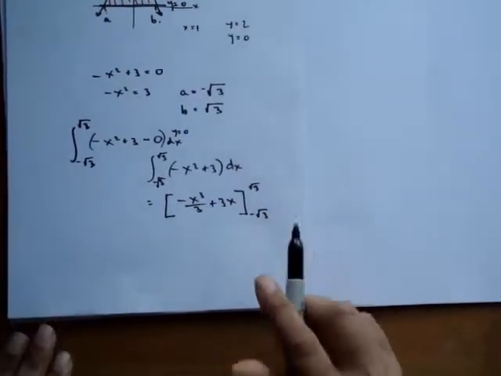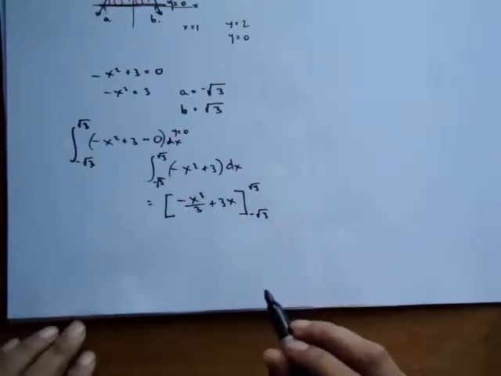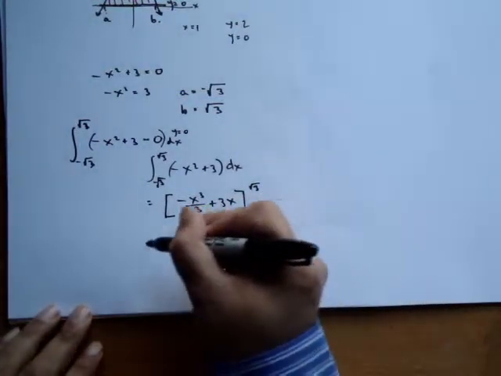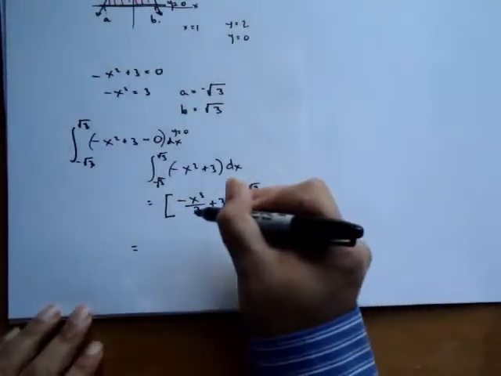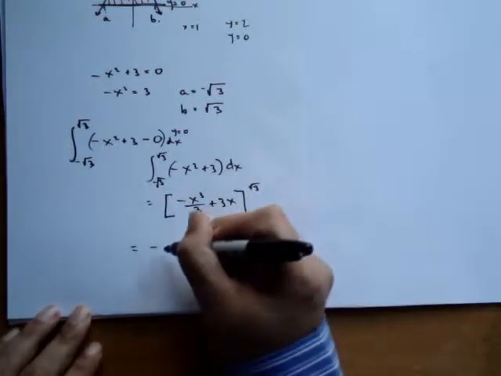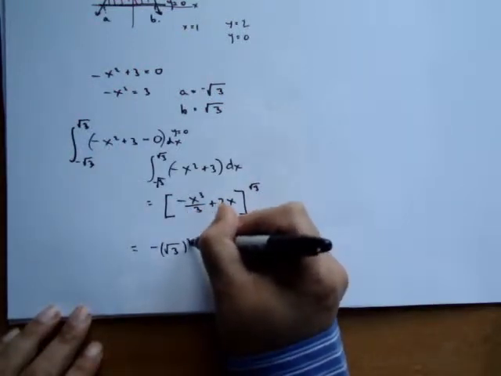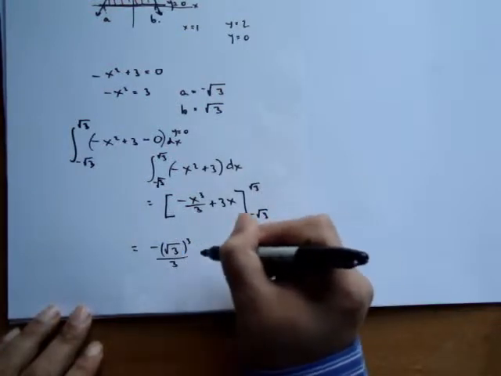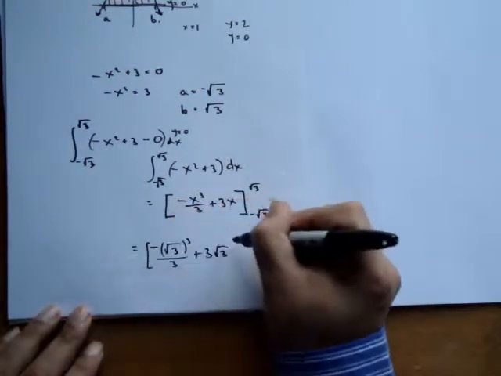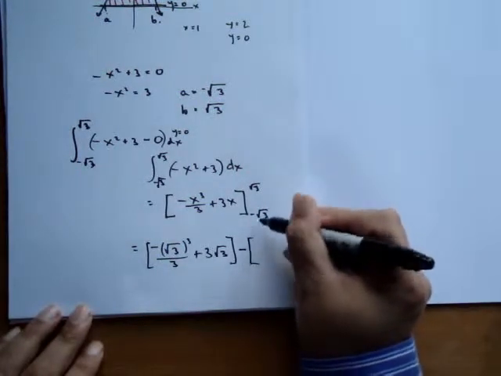Now we substitute these upper and lower limits into our equation and subtract, and what we get is minus square root of 3 cubed over 3 plus 3 times square root of 3, minus, and don't forget now we've got a minus here, so this will be minus